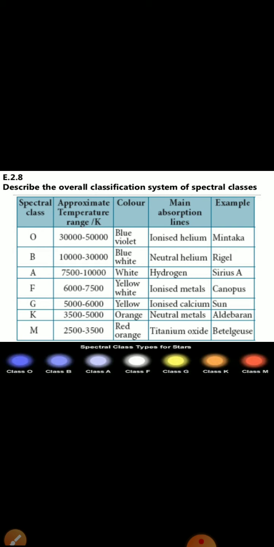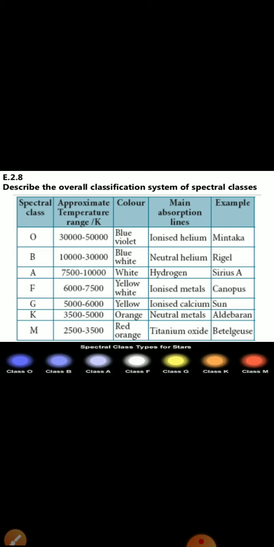Now how do we remember this classification very easily? There is a trick we can use to remember all these groups of stars. First, remember that the hottest star is the O group and the coldest is the M group. Now how to remember them in sequence?